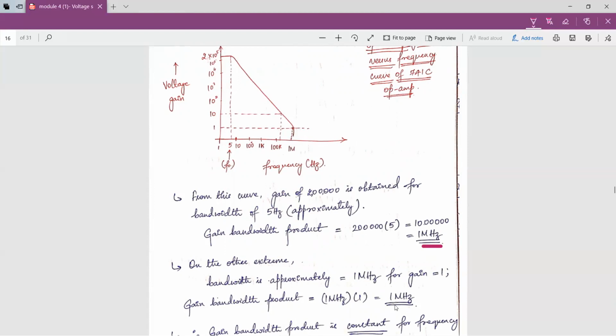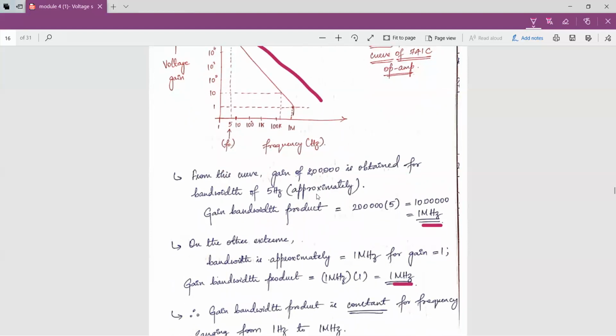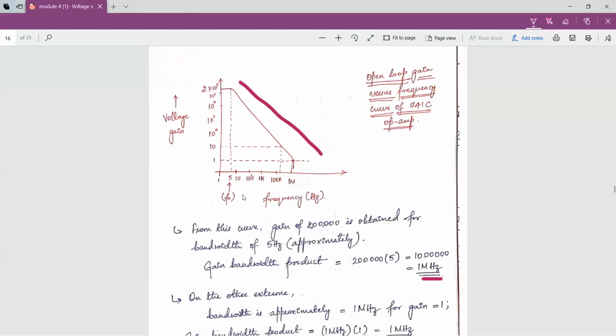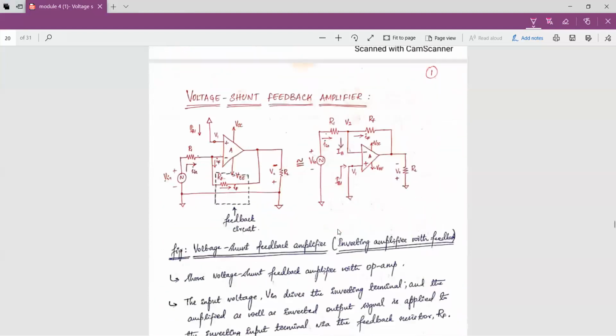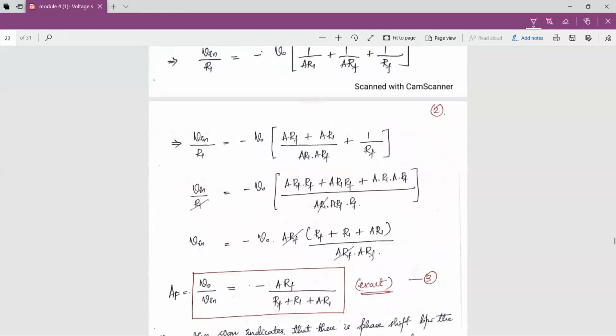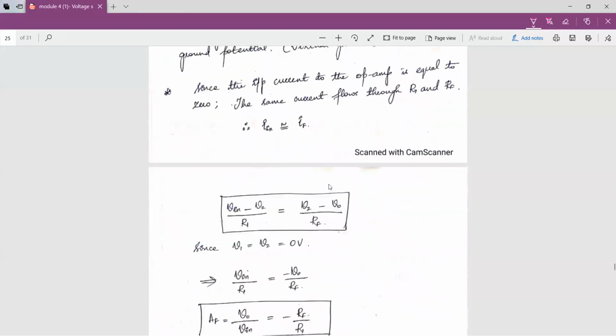So the gain bandwidth is 1 megahertz at this extreme as well. So the gain bandwidth product is constant from this extreme to this extreme. Okay, so this holds good if there is only one single break frequency, F naught. So this concept you should remember, and you all have conducted an experiment in the analog circuits laboratory, wherein you have